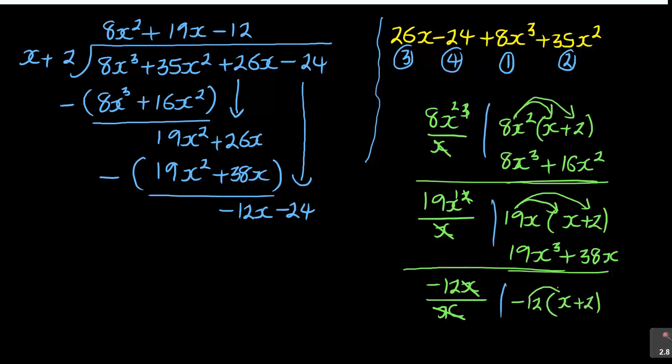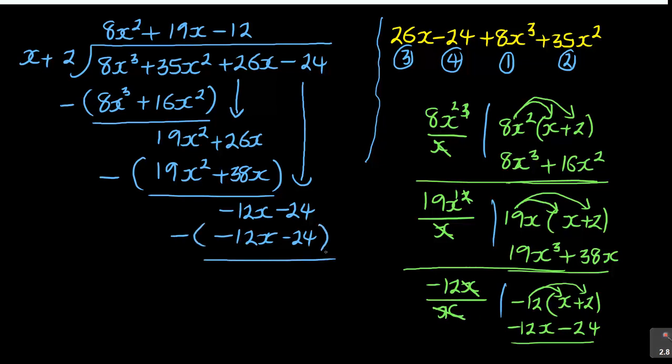So you open that bracket and open that. Minus 12 times x is minus 12x. Then minus 12 times 2 is negative 24. So that's what you're having. That's what I'm going to write in this case. So it will be minus 12x minus 24. Again, roll off, negative, put a bracket.